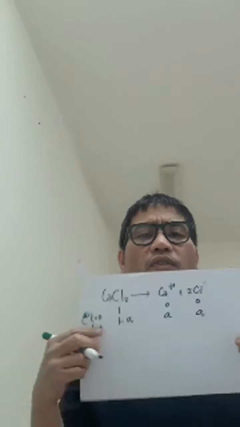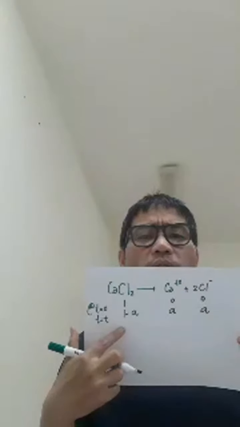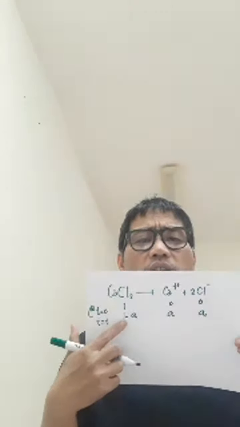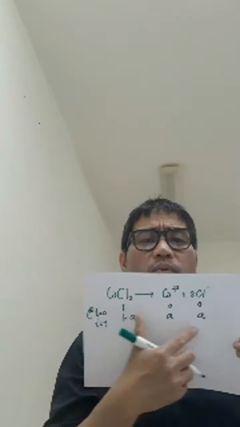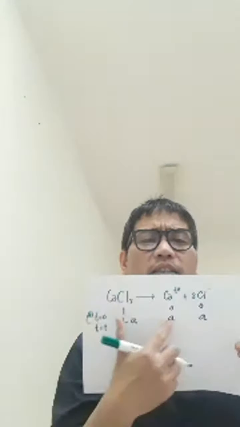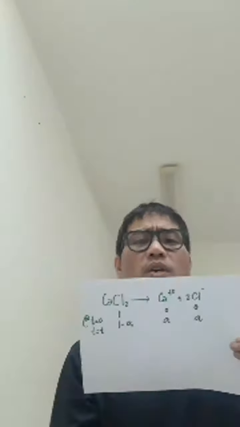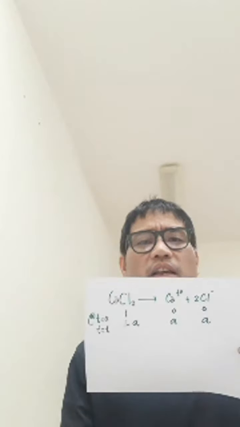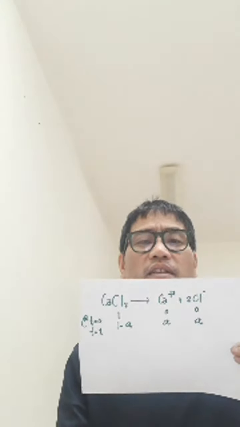Of course, this calcium chloride will be lesser during the dissociation process. So 1 minus alpha, and this one will now become alpha. It splits into separate species, like that. So now our dissociation factor i is equal to the total species